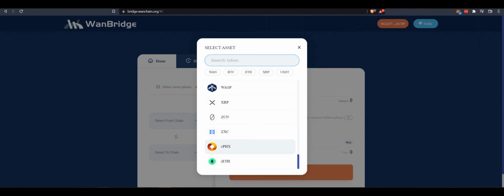We have our ETH, C Phoenix token, ZXC, ZCN, Zero Chain, XRP, Ripple. We have WASP, we have WAN, we have Vox Finance, we have Vibe, we have V token, USDT, USDC,